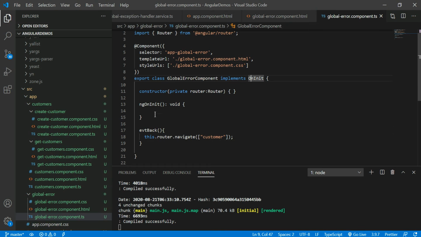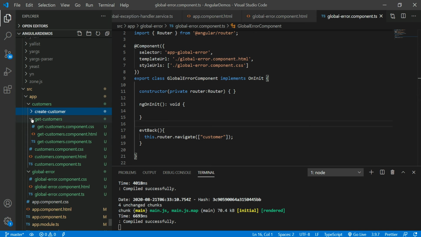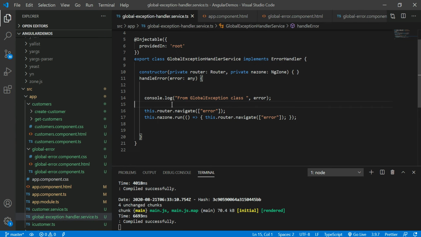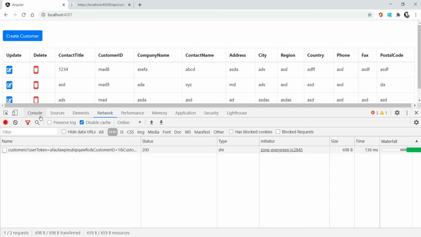So in this way you have to prepare the exception handling in web applications. Prepare one centralized location, that is any kind of TS file, a service file. In the service file you have to write your own logic, suppose if you want to show a particular kind of message. Right now I'm getting the HTTP 404 not found exception, so you can see the data in the console.